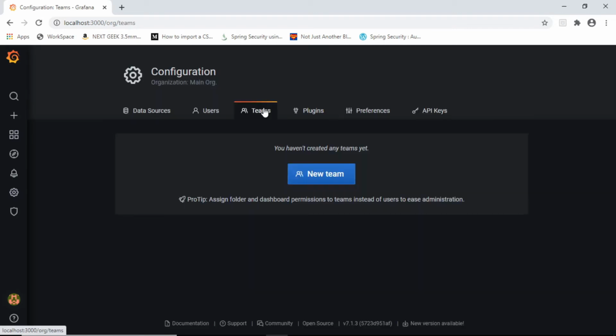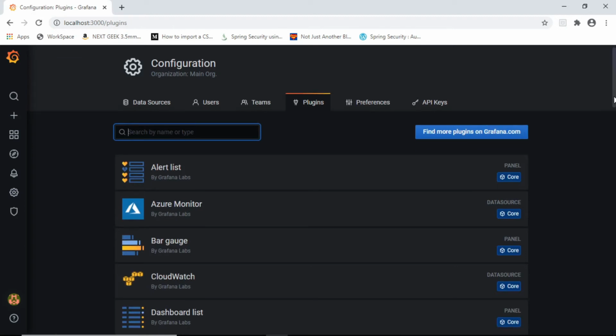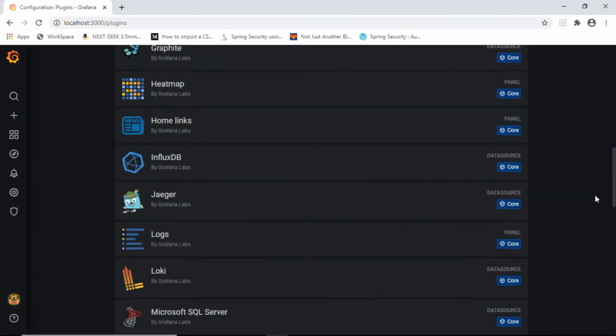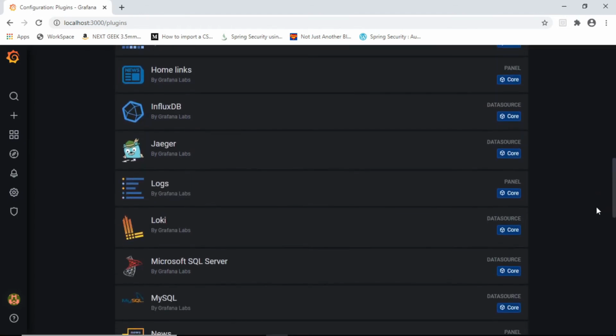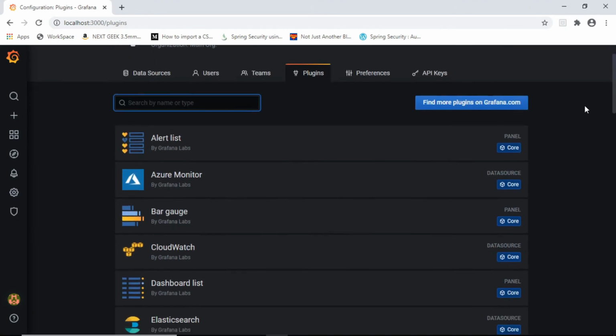Then there are teams. You can split up into different teams, and different users can be connected with the different teams. The different plugins that may be required for your Grafana configurations are available over here. According to the requirement, you can connect to any of these plugins. Of course, we are going to talk about plugins and which plugins are going to be used for what content when I go to the respective sessions.